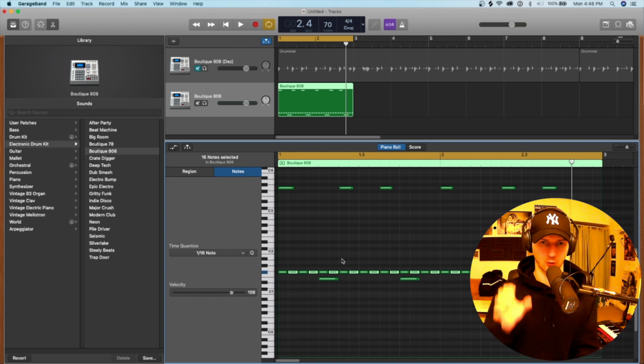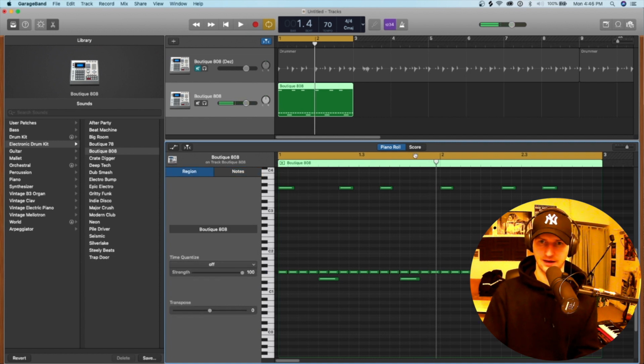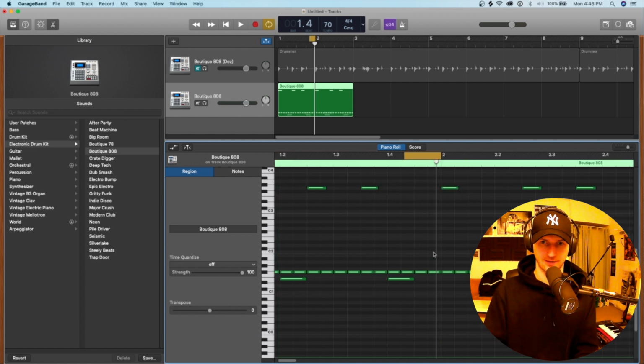So let's do that right now. Let's start with rolls on the hi-hats. So let's say around the transition we want some type of roll. Something like that. How to create a roll is just basically within this area here, we just want many